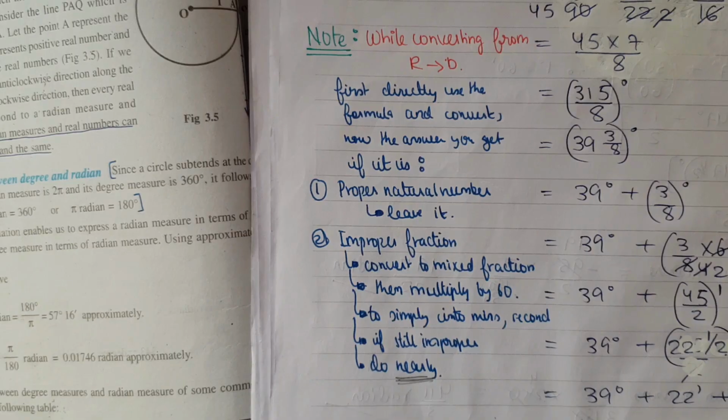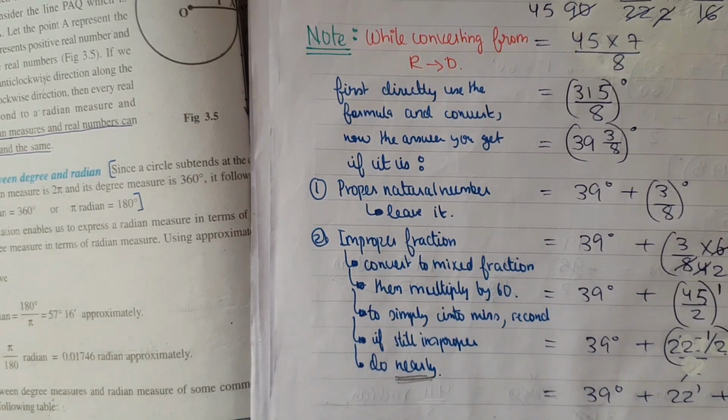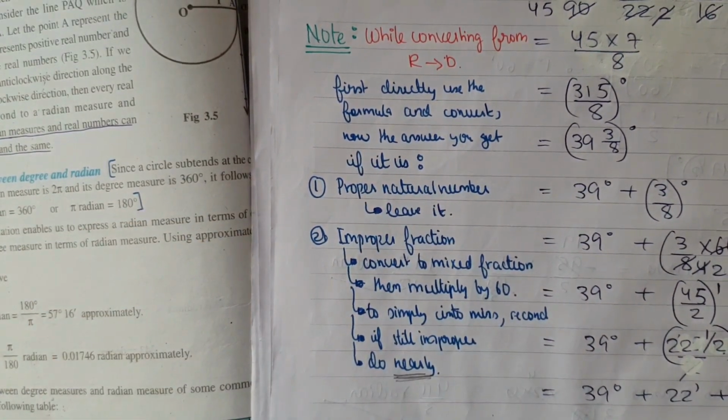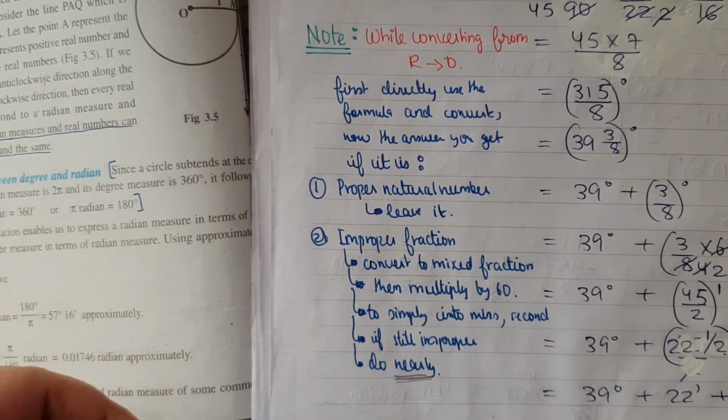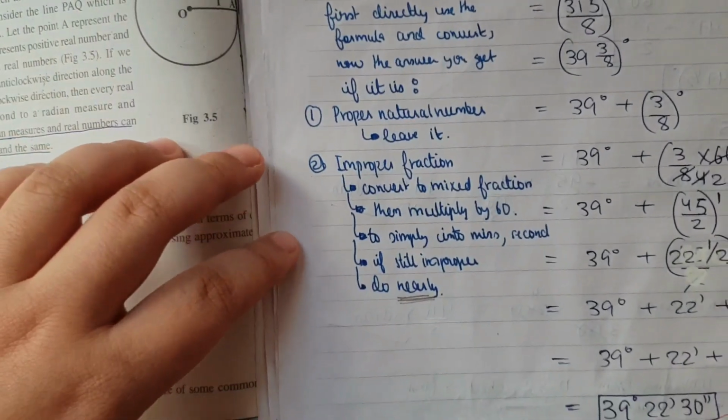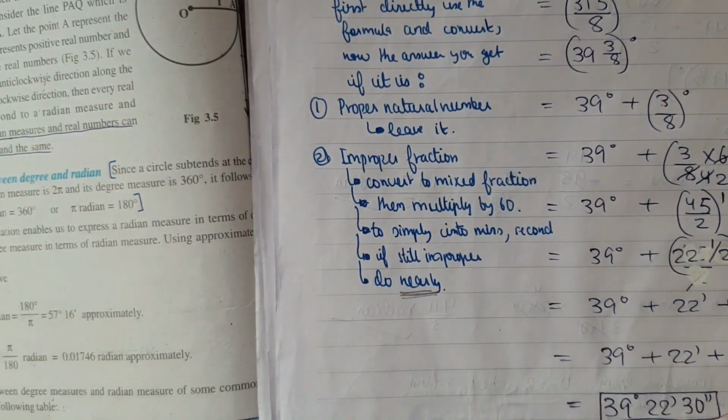For that one, first step, directly use the formula and convert it as it is, and then you're going to get the answer. Now check the answer. If the answer is a proper natural number, as you're going to see in this example here, then leave it as it is. But if you find it to be in an improper form or an improper fraction form, as you're going to see